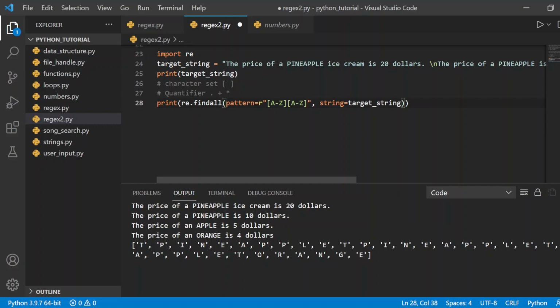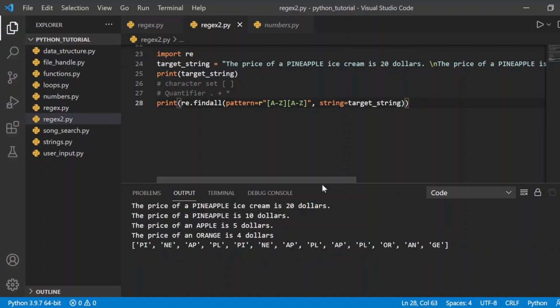So in this case, when we put 2 character sets with uppercase side by side, the 2 character sets will match characters in the string that contain 2 uppercase characters in sequence or consecutively. Okay, so when we execute the code, you will see that the first letter in each of the lines, in this case they are all uppercase T, will not be returned because it did not match 2 consecutive uppercase